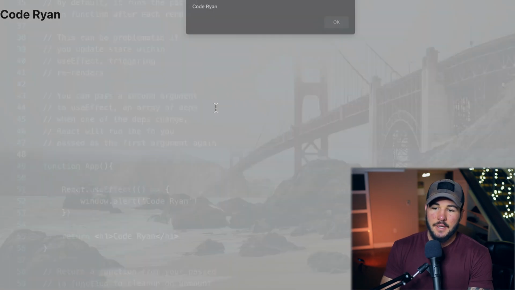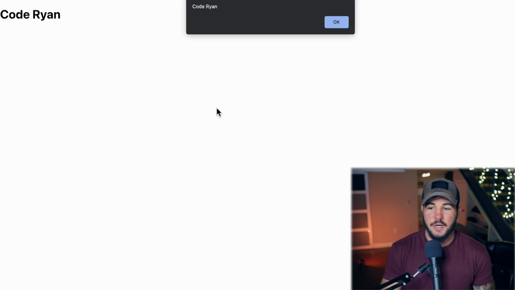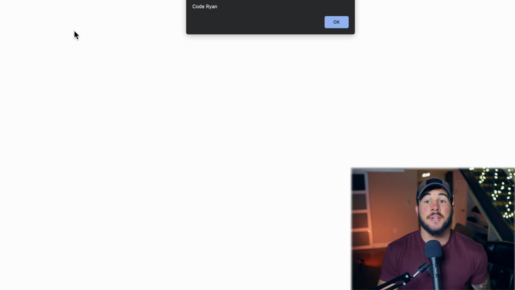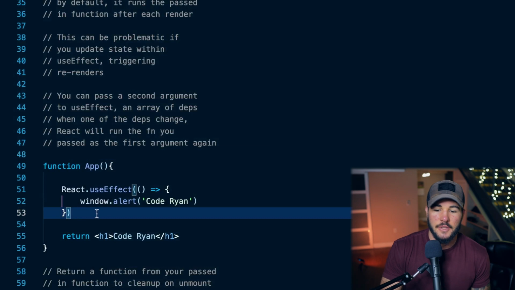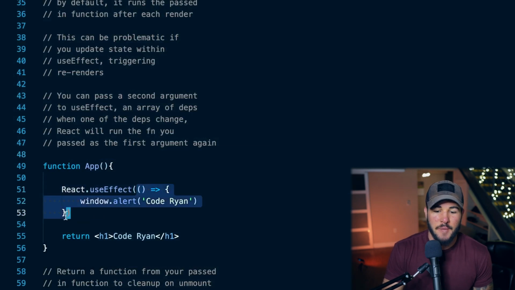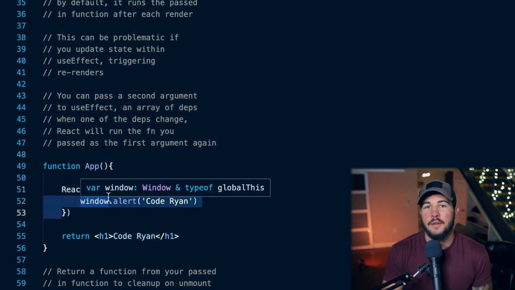So you're going to see every time I open up my browser here, I get this alert, Code Ryan. And if I click OK and I refresh it, I'm going to get this alert again because my component is going to remount. So it's going to run my inner function and it's going to give me this alert again. All right. So by default, the useEffect hook will run the function you pass in on every render of your